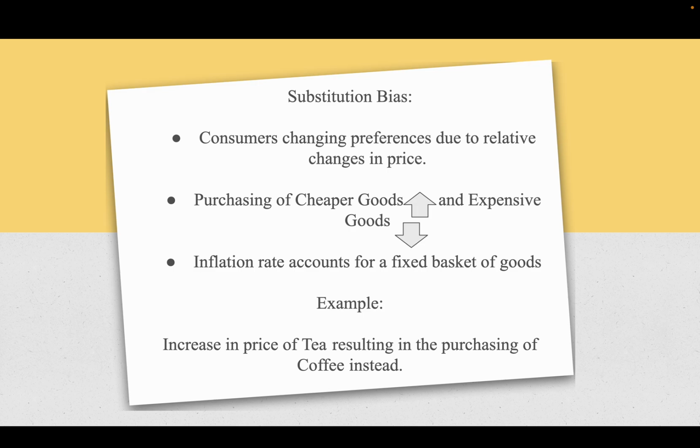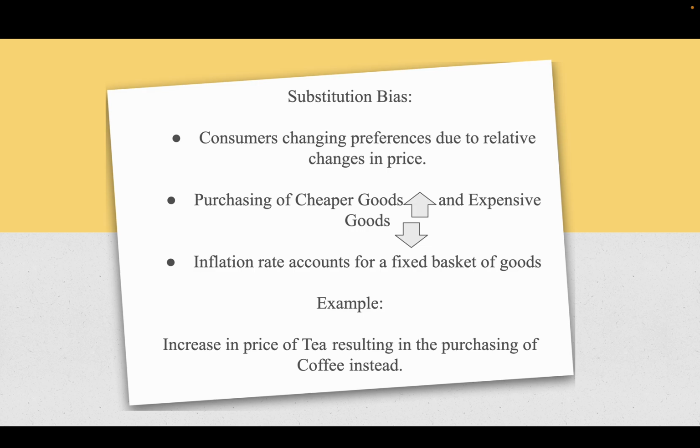The first bias is substitution bias. Substitution bias comes to light when consumers have a change in what they purchase because of relative changes in price. Furthermore, when prices change, consumers usually buy more of the cheaper good and less of the more expensive goods. This bias occurs because the inflation rate accounts for a fixed basket of goods and does not account for price